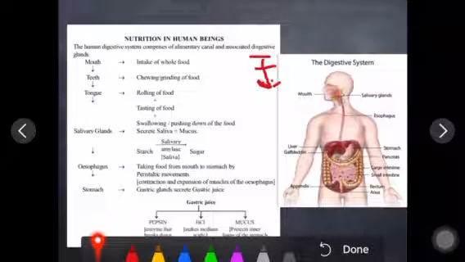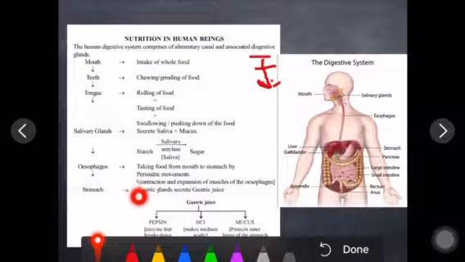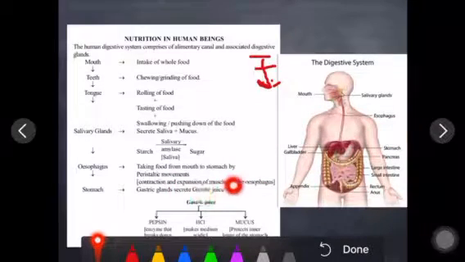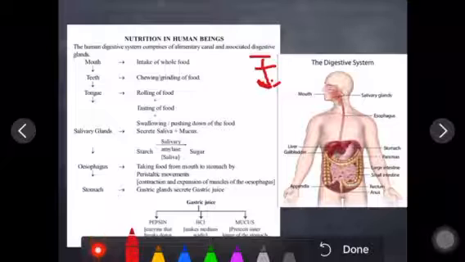Now the food approaches where? The stomach. You can see the stomach is there, a J-shaped structure. So we'll see the gastric gland secretes gastric juice. Now the second gland which we are going to discuss is the gastric gland. But till here only ingestion takes place. And when we talk about the salivary gland, digestion starts. Now this process will take place in different steps. So look at here,